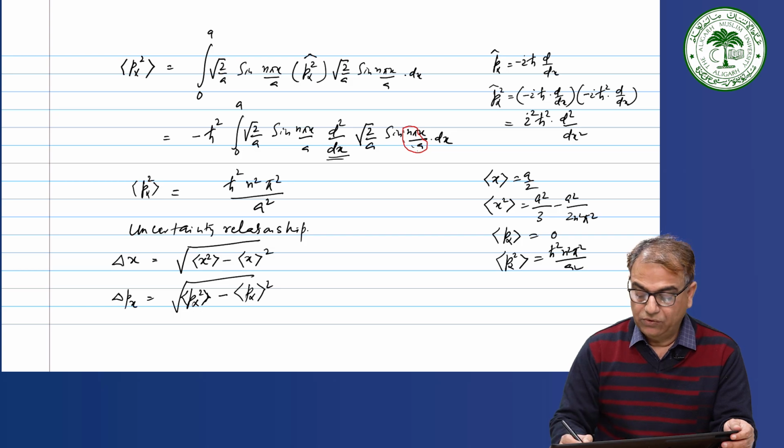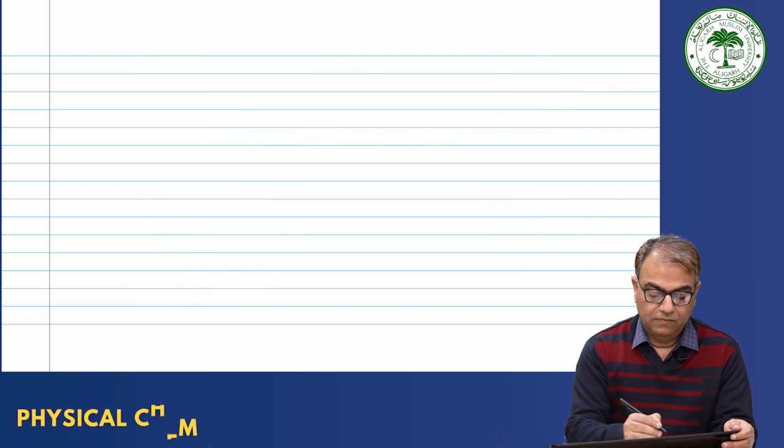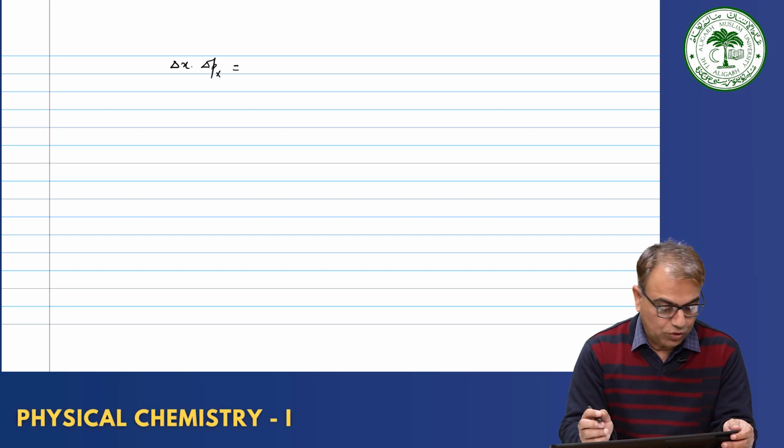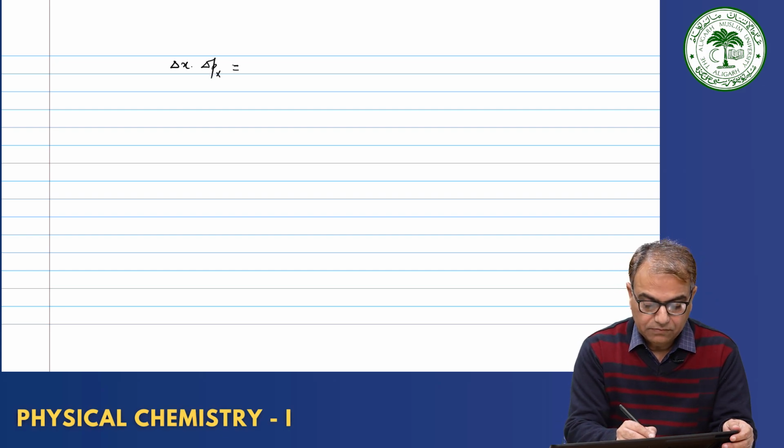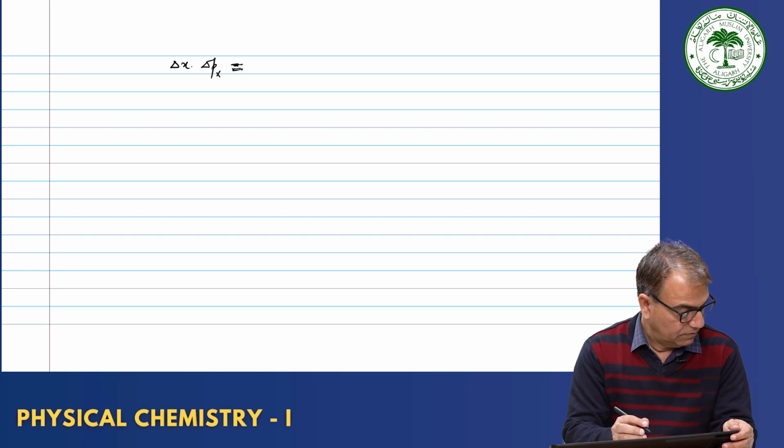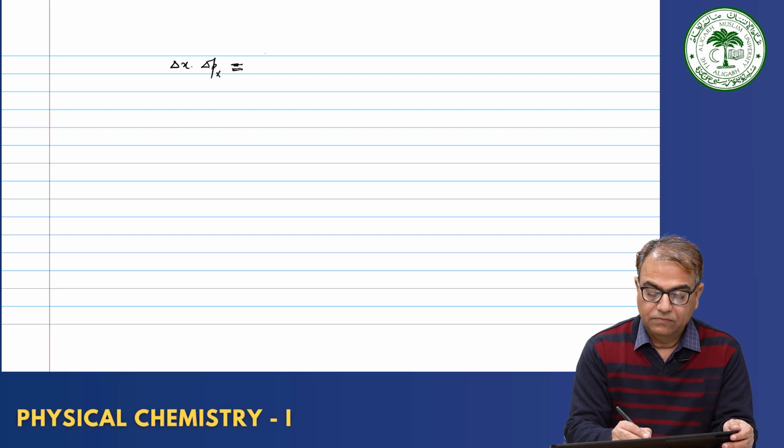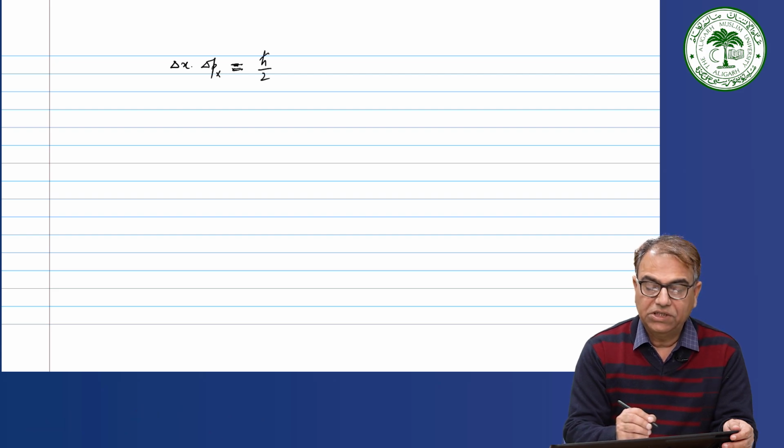If you put these values here, then finally delta x into delta px comes out to be h cross divided by 2